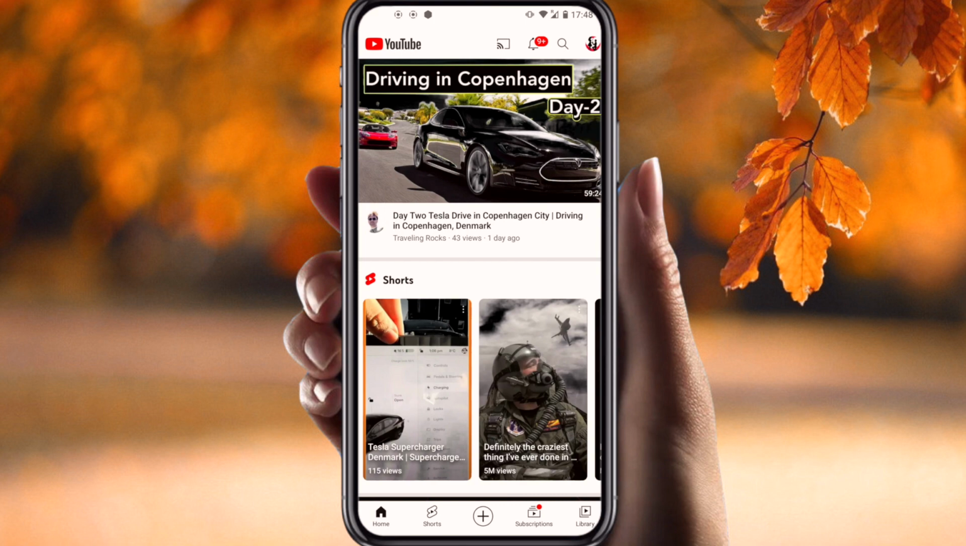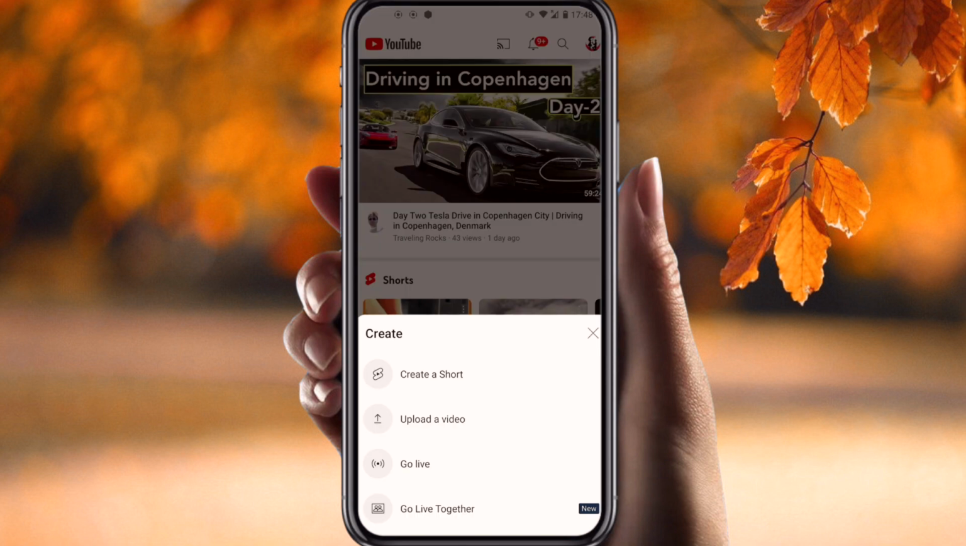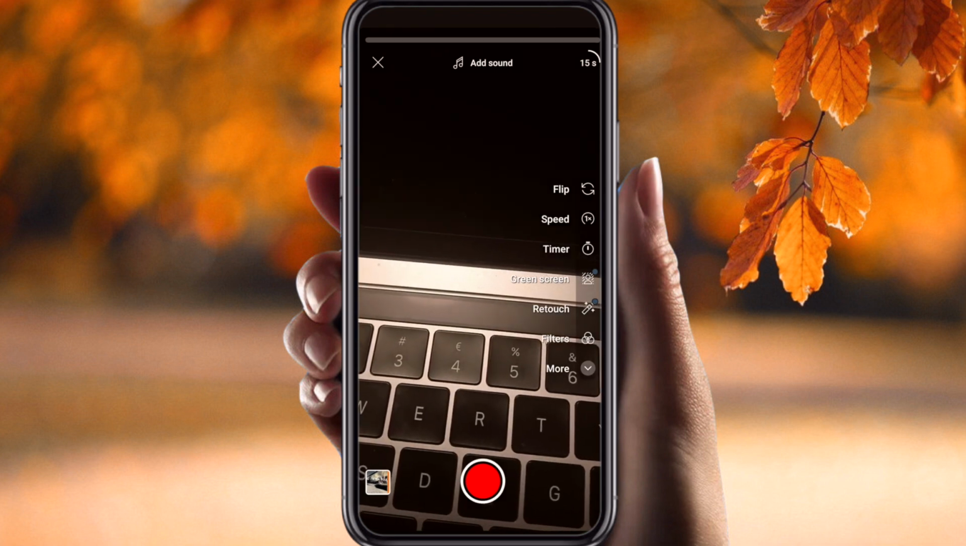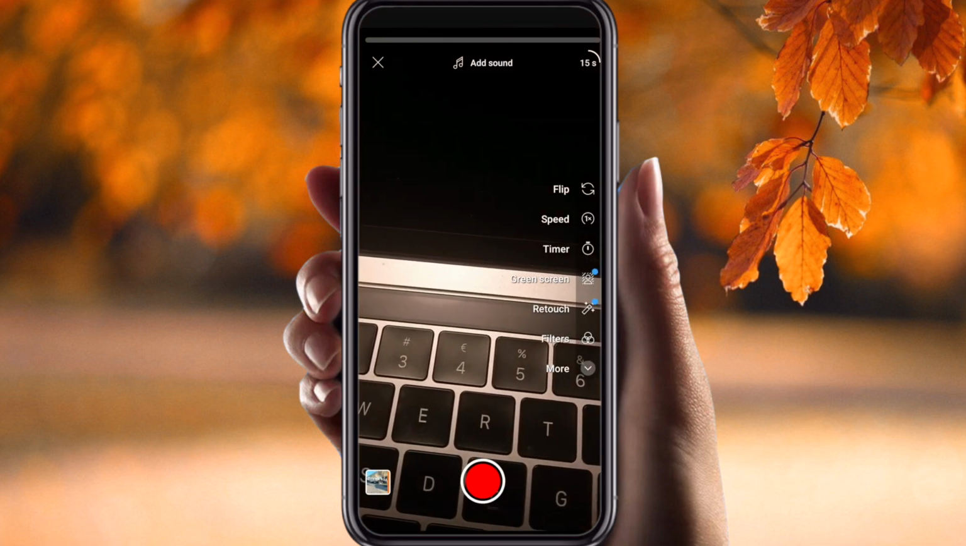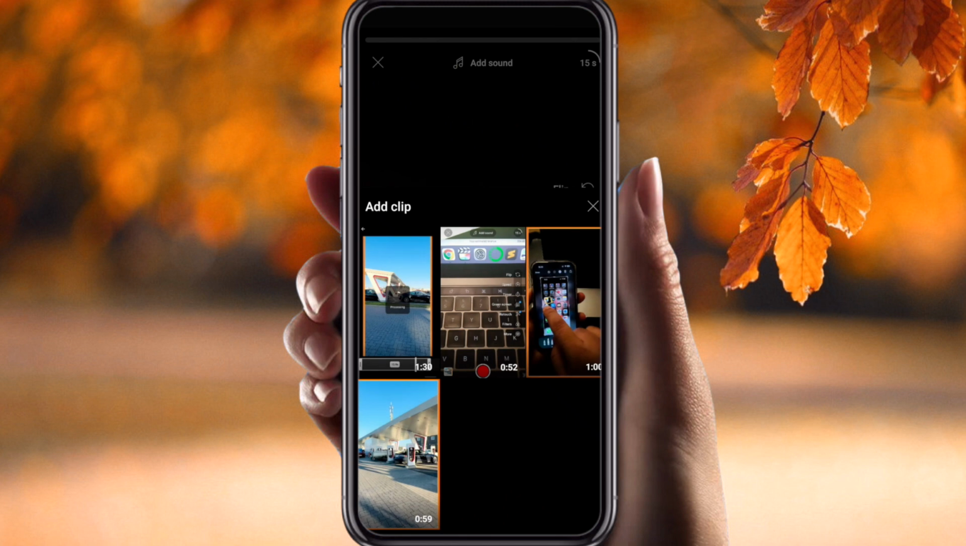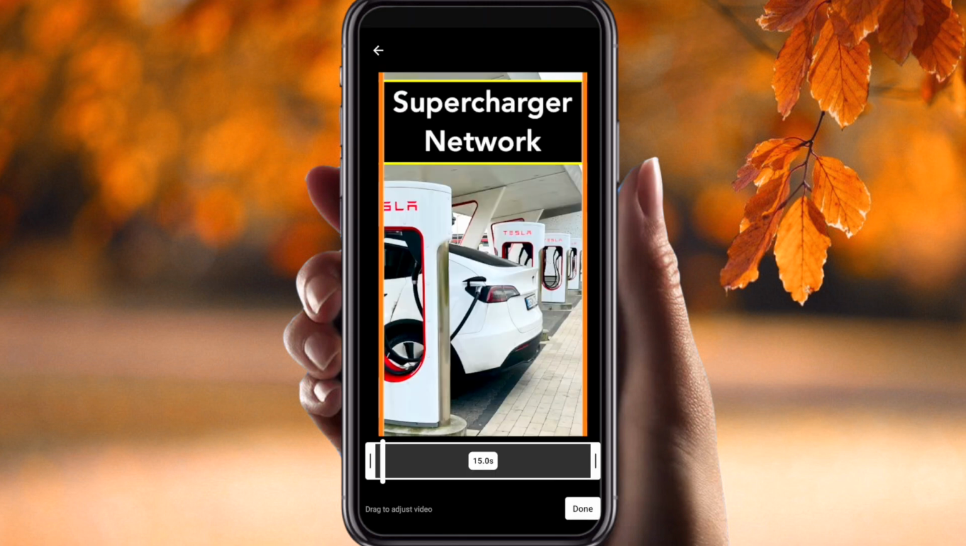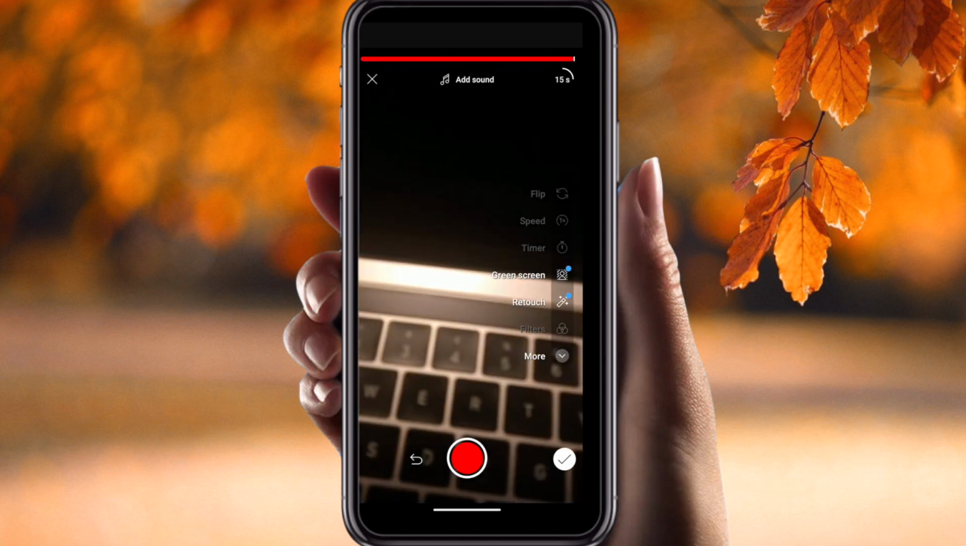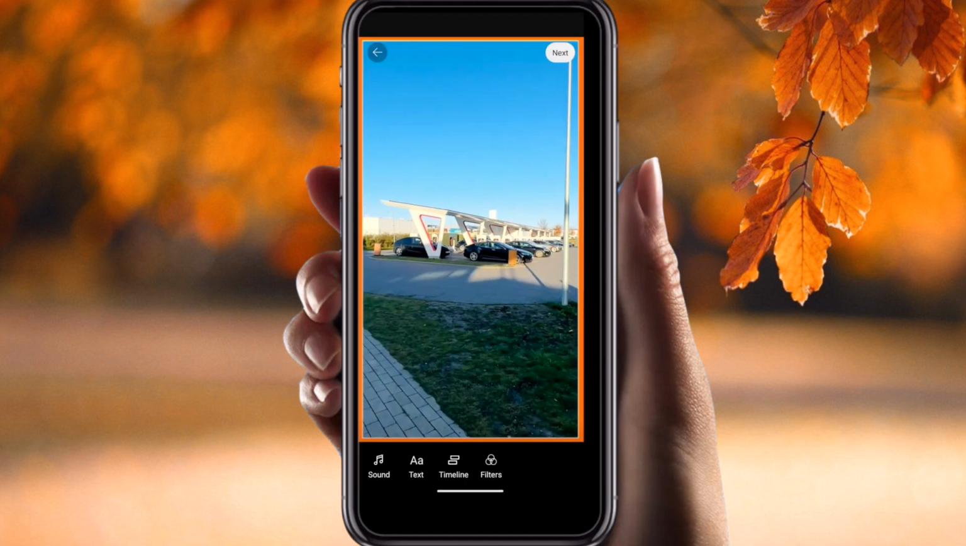Open your YouTube app, click on the plus icon and go to create short folder. In this, add the video that you want to add to your YouTube Shorts. Just click here, add the video that you're looking for particular to add. Say next, done, complete, let it complete the processing, and then click on the right symbol, click on next